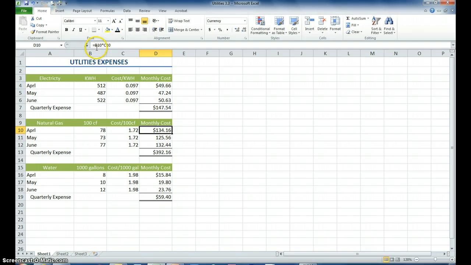D10 has a cell formula in its cell that says B10 times C10. So that would be here times here equals here. And of course this total is from the range of these three numbers. And the same thing down here. B16 times C16 equals D16, and the cost totaled up in these three numbers is the total